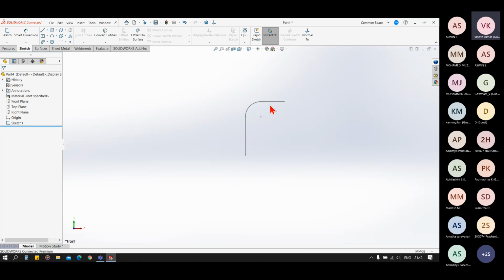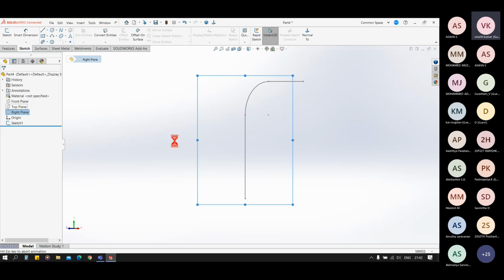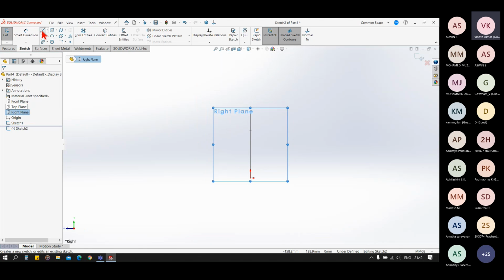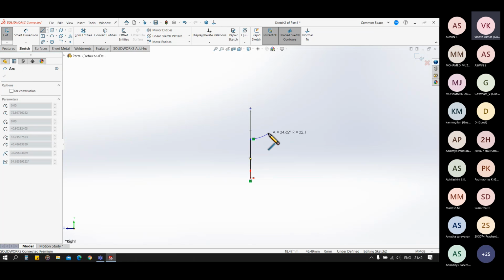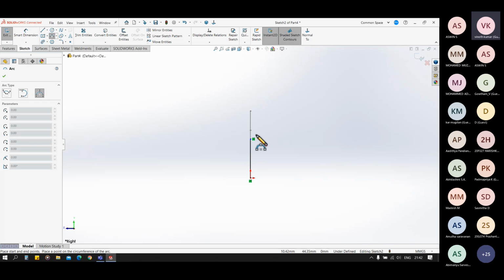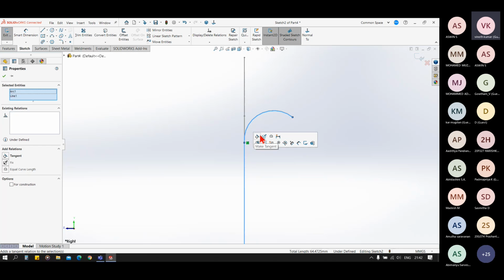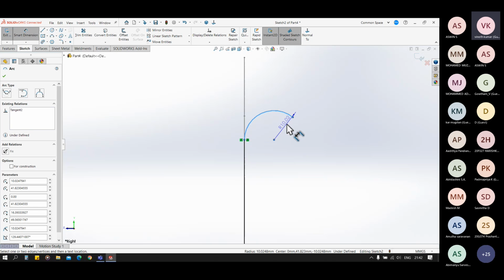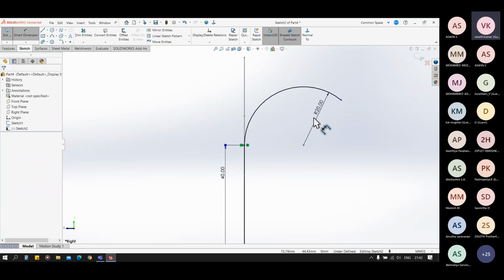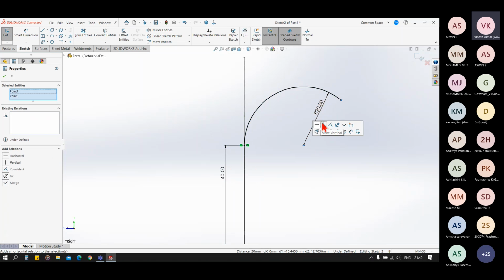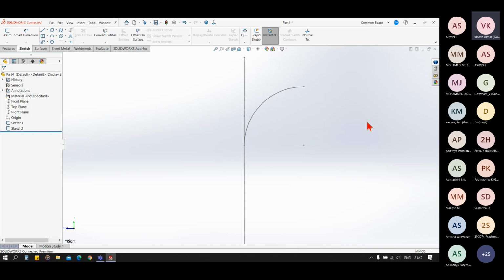So I have this sketch on the front plane, and now I'll draw on the right plane. And you can see we have two different sketches.